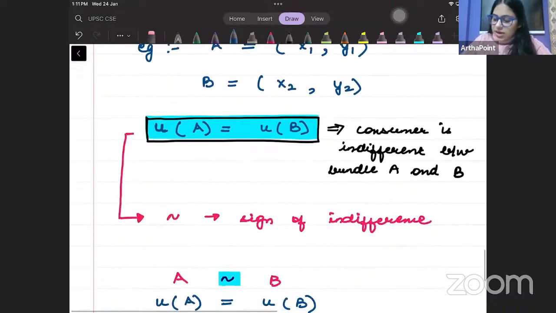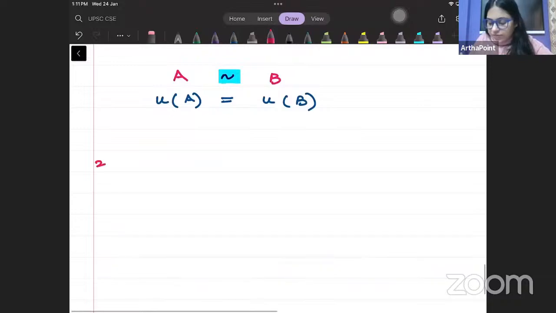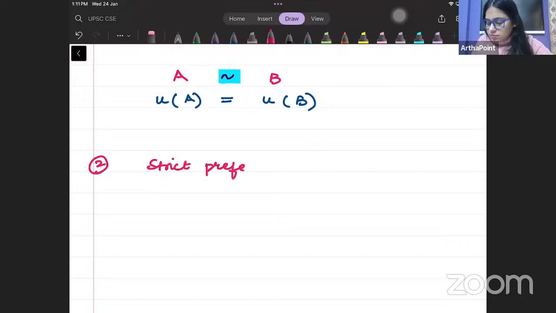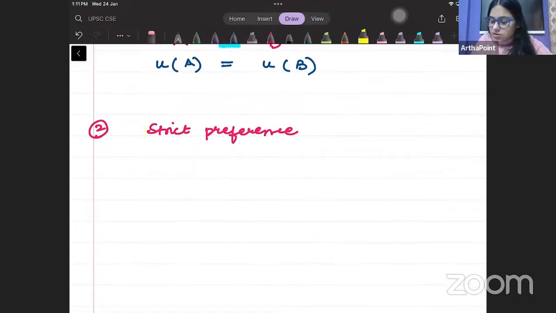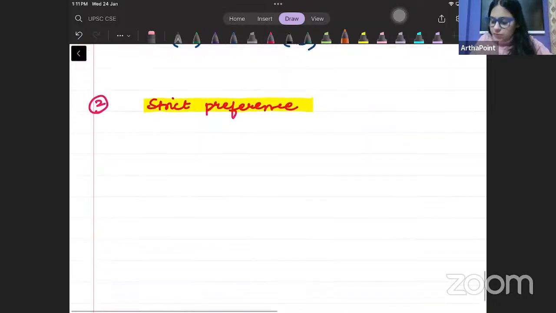Now the second kind of preference that we have, that is known as weak preference. अच्छा, पहले let's do strict preference. Sorry, strict preference. But what is strict preference? Strict preference means that you get more utility from one bundle as compared to the other bundle. Just for example,